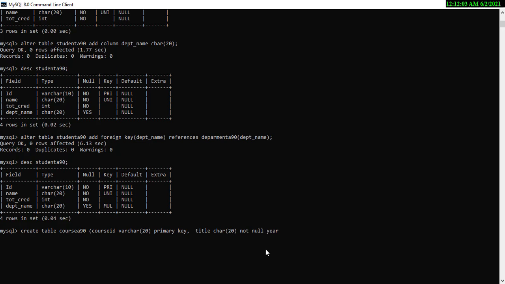Please pay attention to how I am typing the query, then you can implement the same method. Then year, suppose it is date data type है ना, ईयर या फिर डेट डेटा टाइप